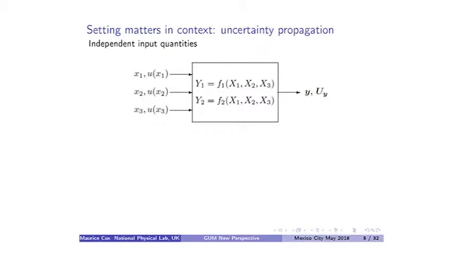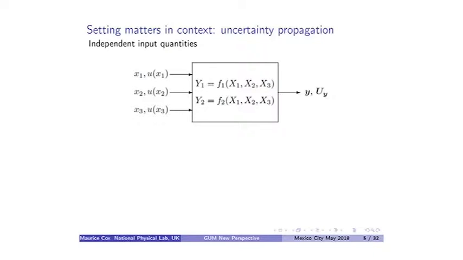Uncertainty propagation in a nutshell. The box here indicates two measurands, y1 and y2, as a function of three independent quantities, three input quantities, I beg your pardon. And so if we have little x1, little x2, little x3 as estimates of those input quantities, then we have ux1, ux2, ux3 as associated standard uncertainties, we can propagate to provide an estimate for the measurand,